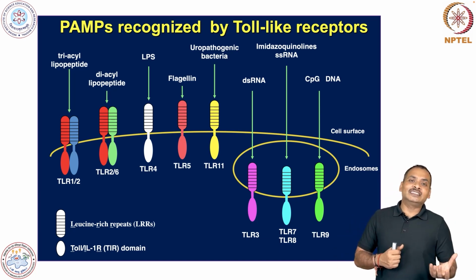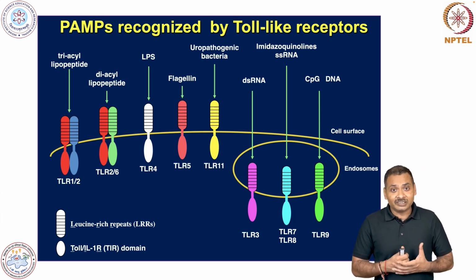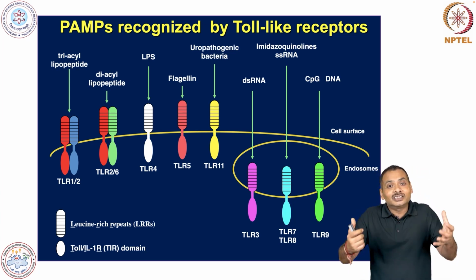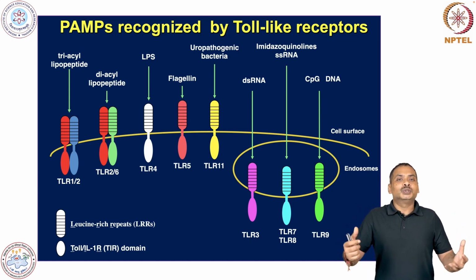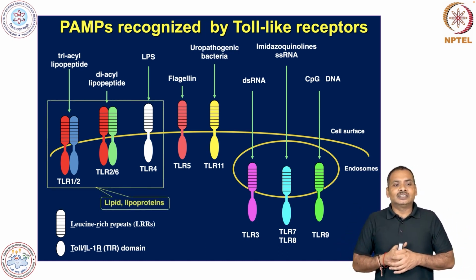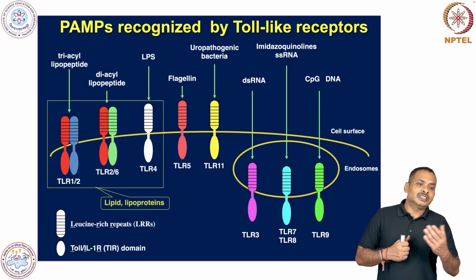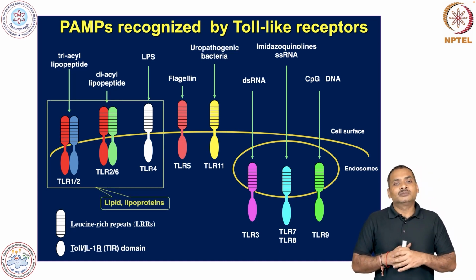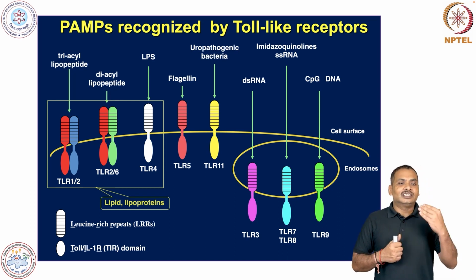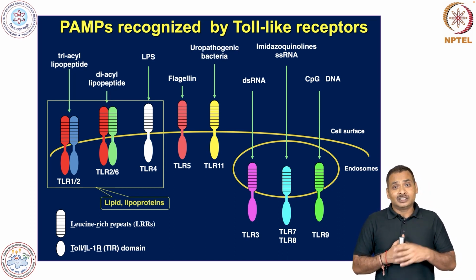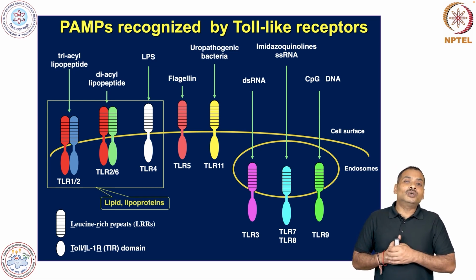They can sense lipid or lipid derivatives, they can sense protein, they can sense nucleic acid. So these are the major biomolecules in a living system. Here you can see that the heterodimers of TLR 1, 2 and TLR 6 basically sense triacyl lipopeptide and diacyl lipopeptide respectively, and TLR 4